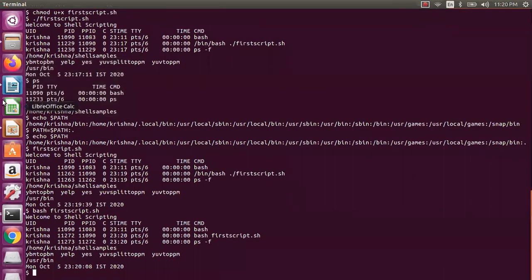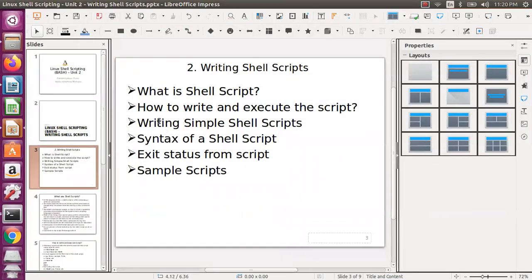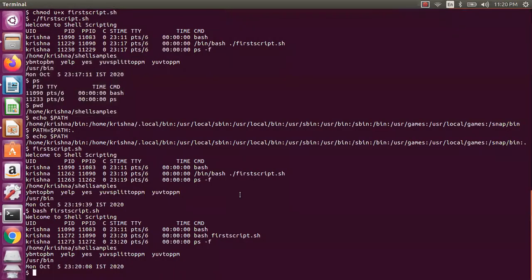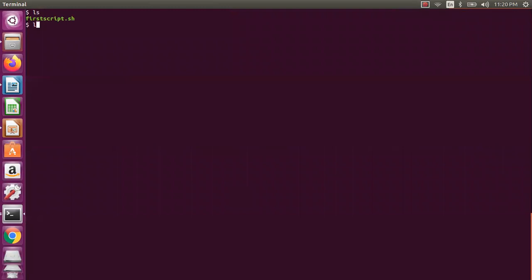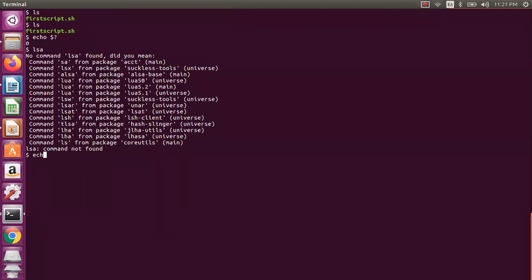Okay, so now let us go to the slide for what we want to cover. We have seen the syntax of the shell script, and exit status actually. So exit status is mainly important. Like ls, if you run this one, dollar question mark will give the last command execution status, whether it is successful or not. So now let us assume ls minus a, which is a failure. It will give values other than 0. So 0 is successful, and this particular thing is an error actually.